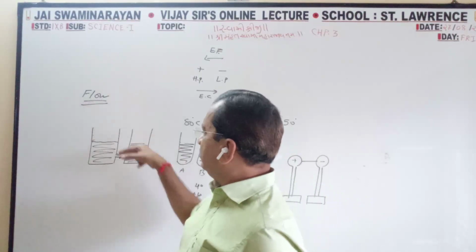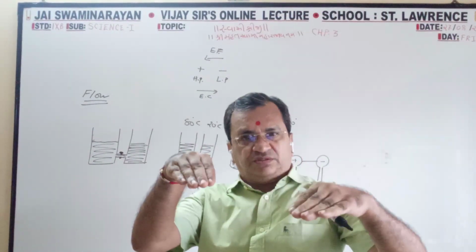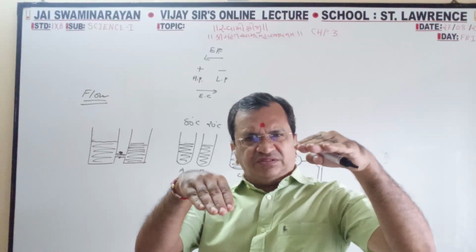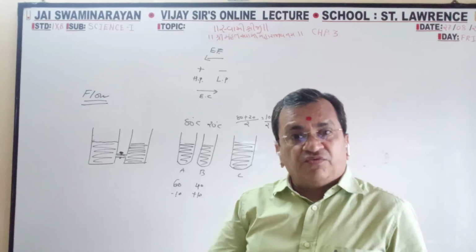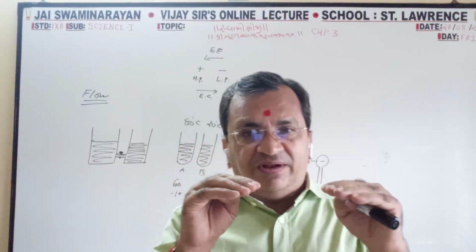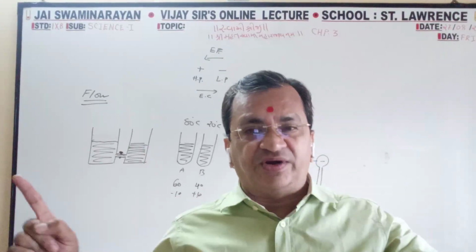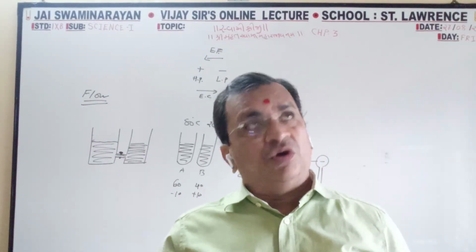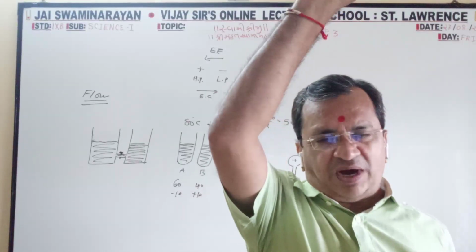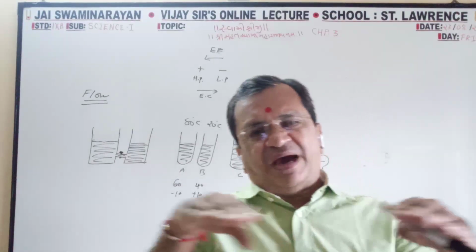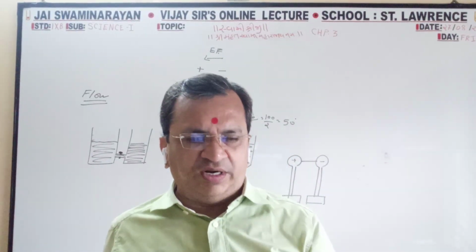Here also you have to compare the levels. If there is more level difference, it will move faster. If there is very little difference, it will come slowly, slowly to an equal level. When it is at an equal level, there is no flow. So for flow, the two levels should be different, one high and one low. Water always flows from a higher level to a lower level, not from lower to higher. And when there is a balance, left and right, there is no flow of electric current.